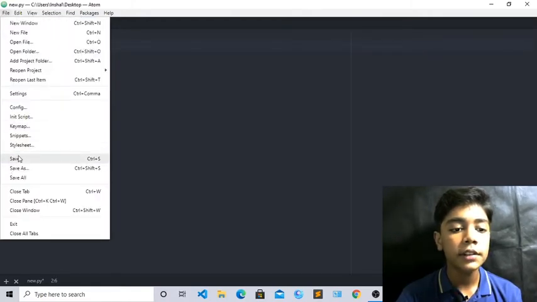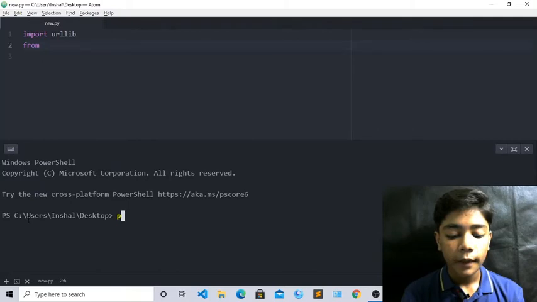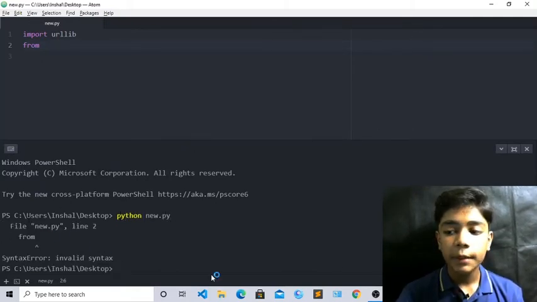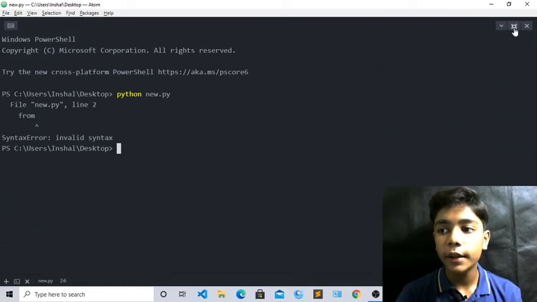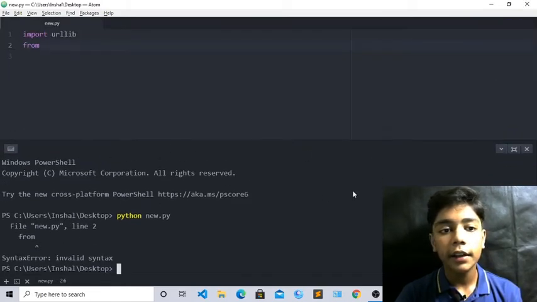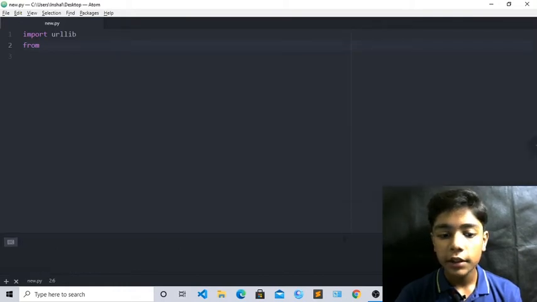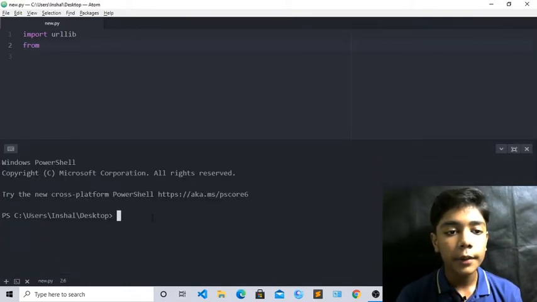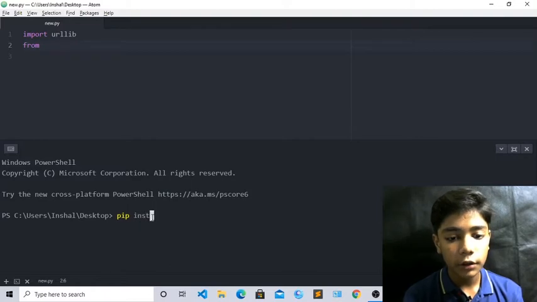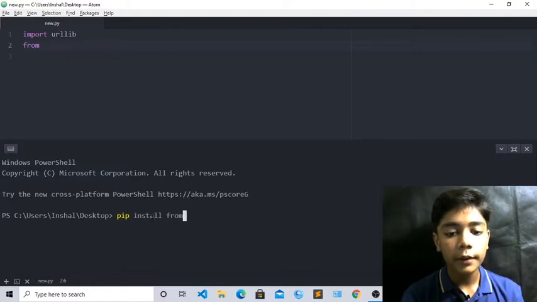Now first of all save it. Now we will check python new.py here. Now it is coming error, we will solve that error. First of all you can see here, from here we can do full screen like I told you in the previous class. Just close it. Now come on terminal. Now we will download this from. Pip install from here.